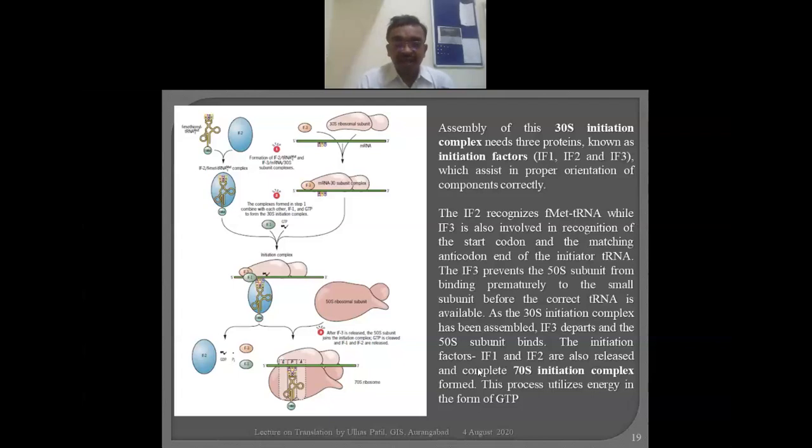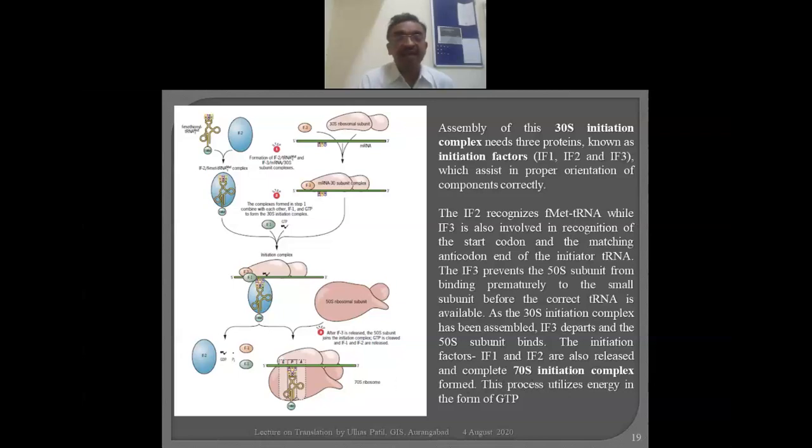Now at the end of the initiation step, a complete 70S initiation complex is formed. Why am I referring to 70S? Because 30S is already bound, then later the 50S comes when IF1, IF2 and IF3 are removed, because IF1 and IF2 were properly orienting all these constituents, and even the tRNA is bound, and then they all get removed, and that allows the 50S to bind. Now with 30S and 50S in the picture, we generally call this assembly 70S. Hence at the end this complex is referred to as the 70S initiation complex.